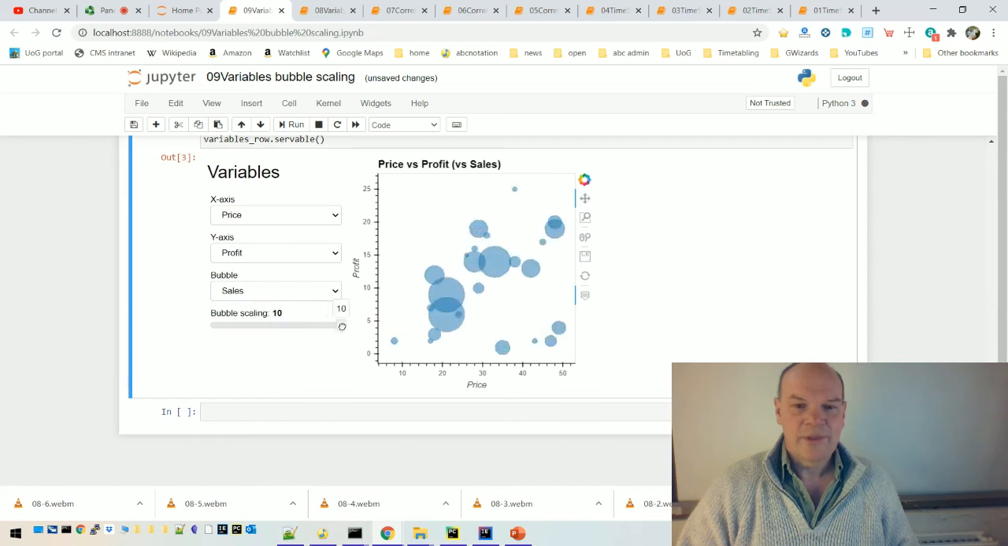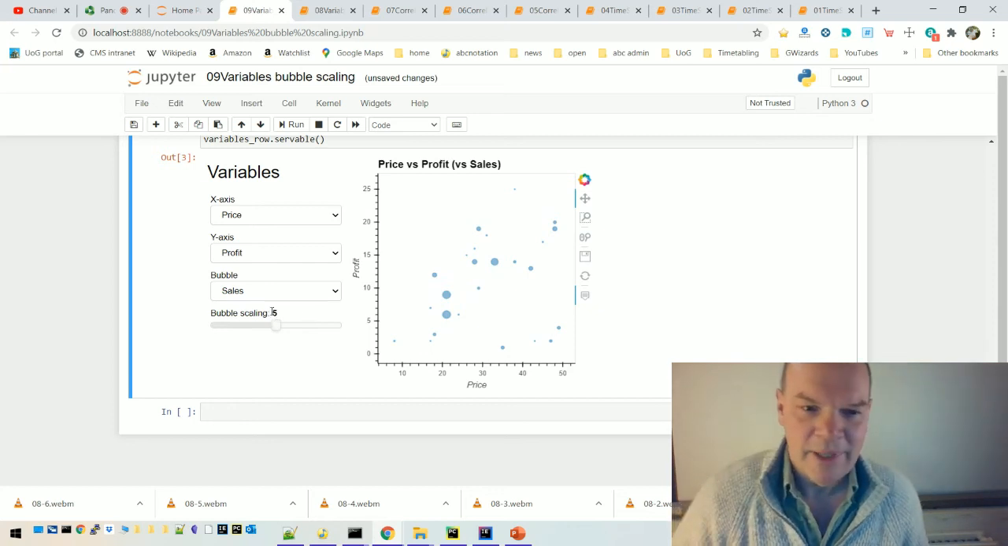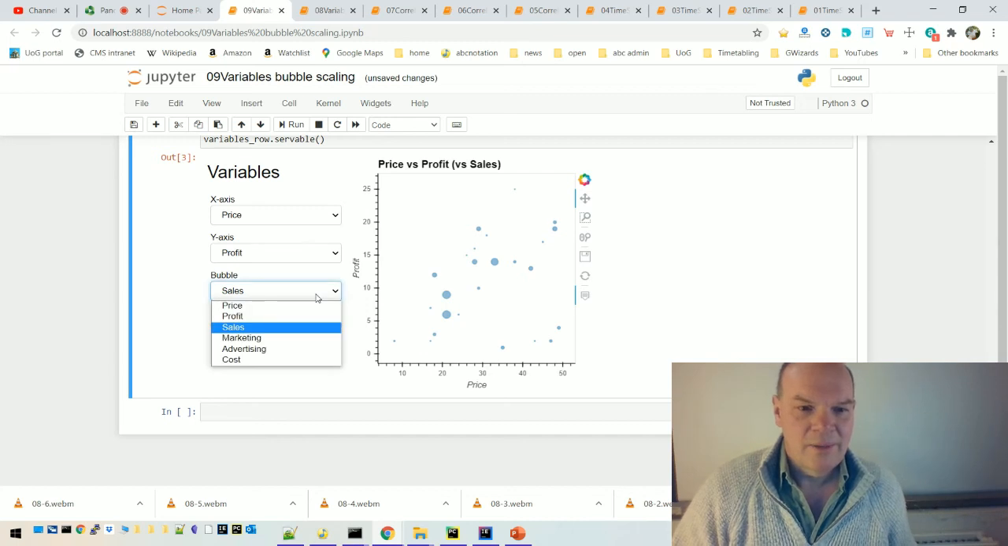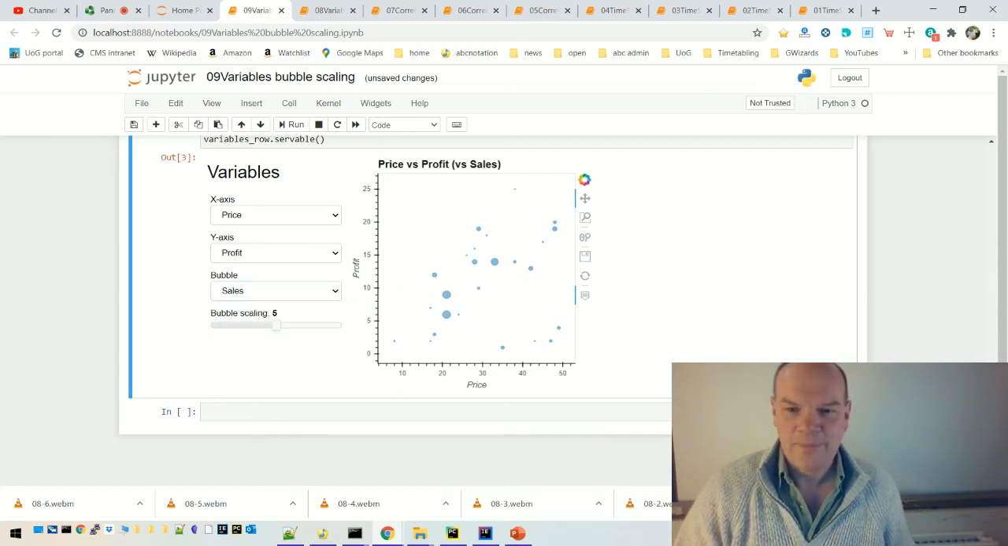That could be quite useful, but it's exponential. Going from 7 to 8 is quite a big change, and going from 8 to 9 is quite a big change, and 9 to 10 is a big change. You could make that linear, but you might want to then make it a longer scale. What else can we see? I think that shows you the